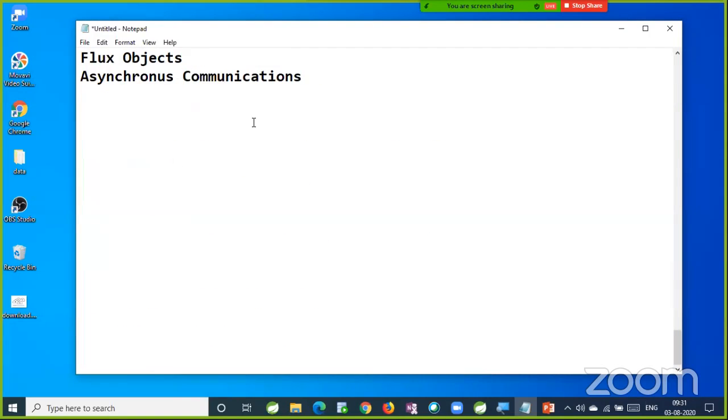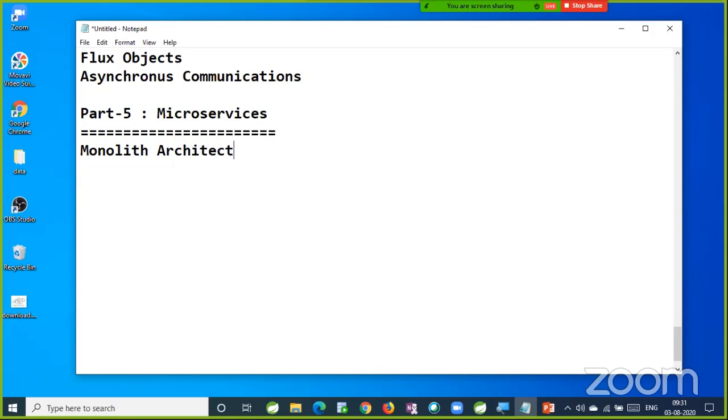Good. Next one. Very important, very exciting concept that you people are waiting for. Part 5, which is microservices. As part of microservices, we will talk about monolith architecture, drawbacks of monolith,